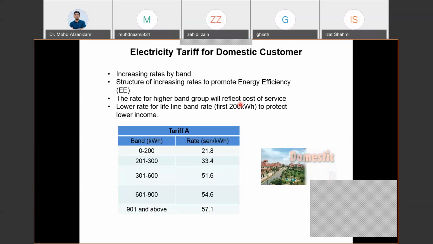Okay. And then if you go for the higher range of kilowatt hour, you will experience a higher rate of utilization in the form of cent per kilowatt hour. Okay, so that's why in future, when you become an engineer, you should be able